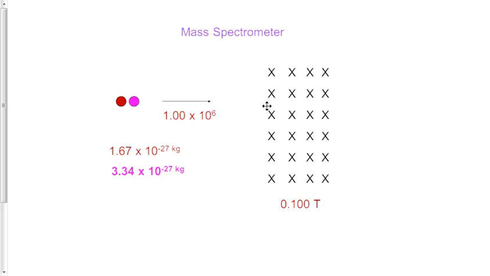This example is for the calculation of a mass spectrometer. Let's say you have a beam of particles, and these are hydrogen atoms, with approximate mass of 1.67 times 10 to the minus 27 kilograms. That's going to be for this particle here. That would be regular protium, or just one proton in there. And then the approximate mass of hydrogen with one neutron is 3.34 times 10 to the minus 27 kilograms. Okay, and that's deuterium. Now this beam of particles is traveling at 1.00 times 10 to the 6 meters per second,